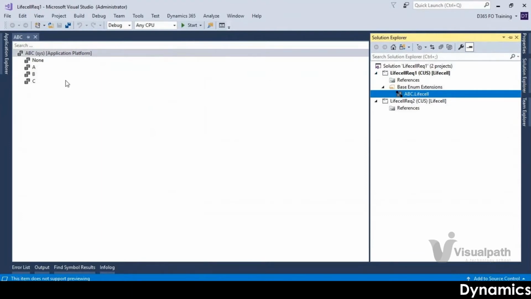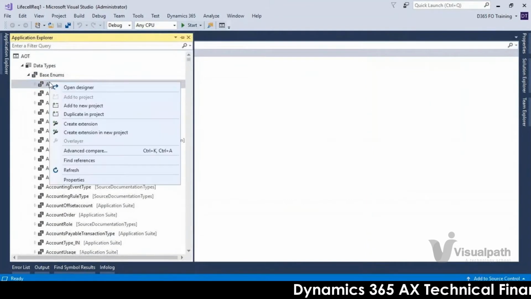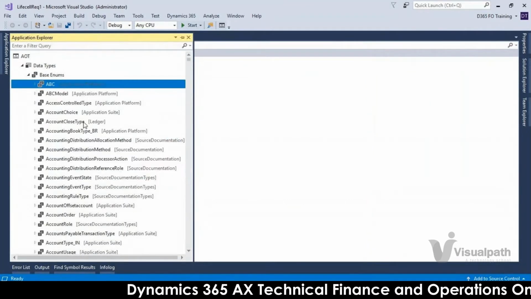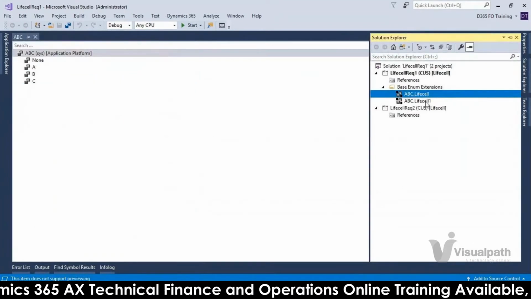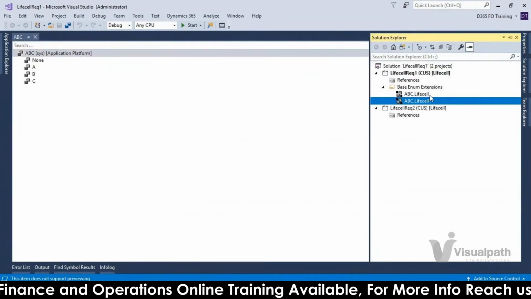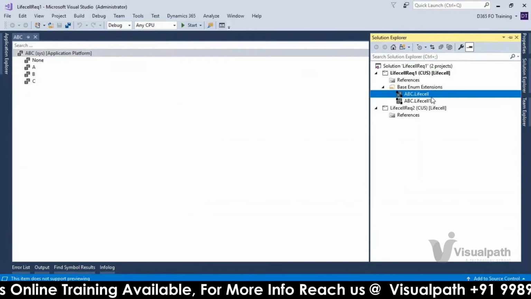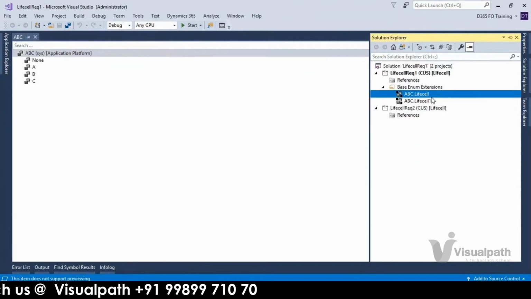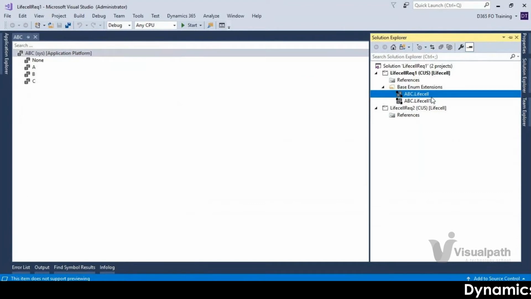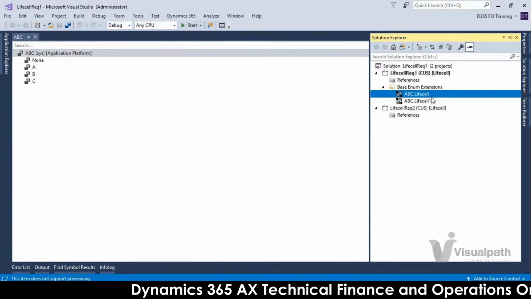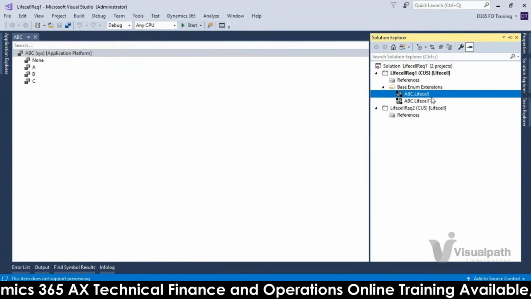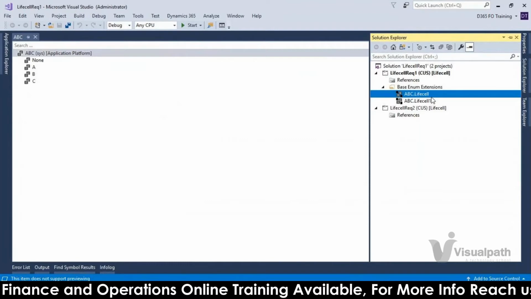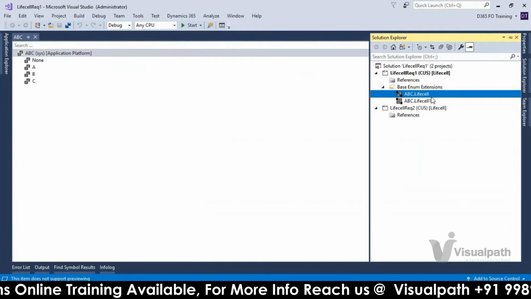Okay. If again you create one more extension, it will create with the model name and 1. But as a best practice, we can use a single extension only for everything. Yeah, in a single extension only we will do that. But for example, if two developers are working on different things, you can create multiple extensions as well. But as a best practice, if you maintain the single extension, that will be good. But as per the requirement, if you want to create multiple extensions also, that will be fine.